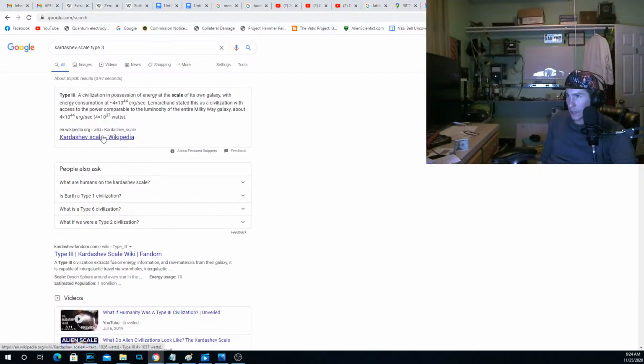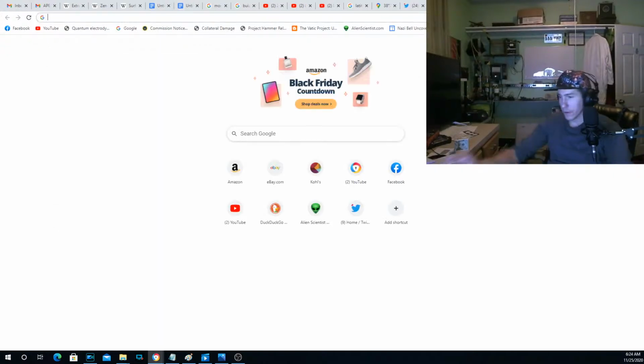But the Kardashev scale was this whole scale that was developed to rank civilizations based on their energy scale and how far they reached into the universe. And type 3 was said to be intergalactic. Type 0 is we don't leave Earth. That's us right now. Type 1 is we actually leave Earth and become interplanetary and colonize other planets. Then type 2 is interstellar, and then type 3 is intergalactic, which is a much larger scale. And so the idea is that these monoliths apparently are intergalactic, not just interstellar. If you understand the scale of the universe here,